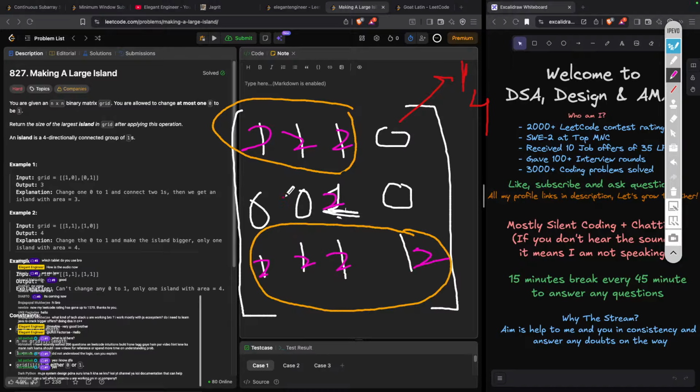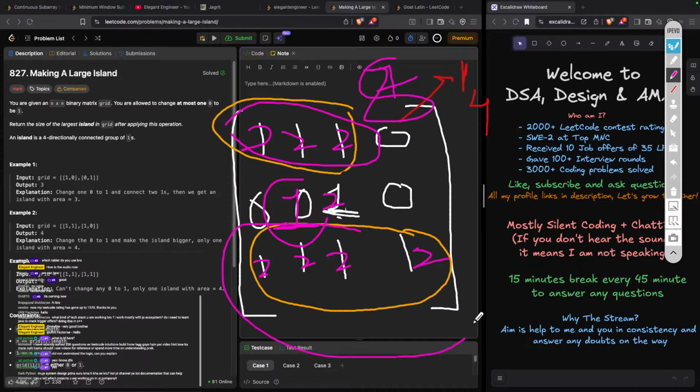Now when you make this 0 a 1, right? You can't add these twice. This is the only one link which has length of 7, right? And then you add one more to it, so the answer will be 8. That's why you have to give the IDs to the islands to make sure that they are not already connected, right? I hope I did justice to a good explanation, but that is the intuition behind it.